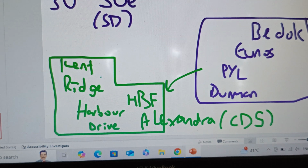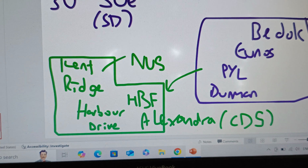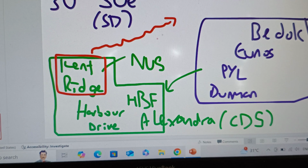And then Kent Ridge, if you're studying near NUS and you just want to access it quickly, and NUS is quite big. There's even a part of NUS at, how do you say it, Heng Mui Keng Terrace or something along those lines, I guess. And it's not just limited to the green box over here. Beyond Kent Ridge, if you want to transfer to another bus service, say 51 or 143, you can